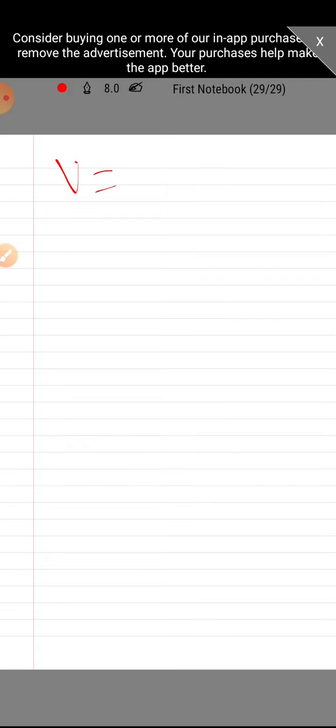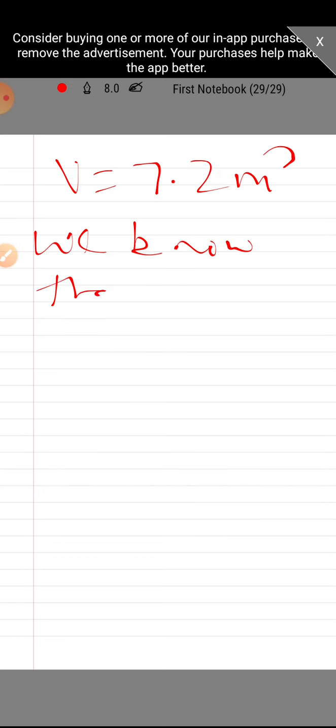वॉल्यूम इज बेसिकली 3 2 ज़ा 6 एंड 6 को जब हम 1.2 से मल्टीप्लाई करेंगे वी गेट 7.2 meter cube. So that is the volume in meter cube. Now you have to convert this volume into liter. So we know that 1 meter cube is equals to 1000 liters.